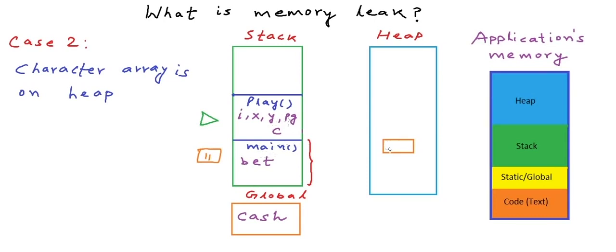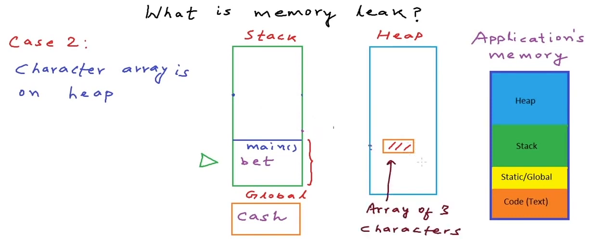And this local variable, which is a pointer to character, will only point to this particular memory block. Anything that is on the heap has to be accessed through a pointer variable. So here we have created the array on the heap, and we have kept only a pointer variable on the stack. Now when the call to the play function finishes, the memory allocated for the execution of the call to play function will be reclaimed, so all the local variables will go away, but this memory on the heap will lie unused and unreferenced,